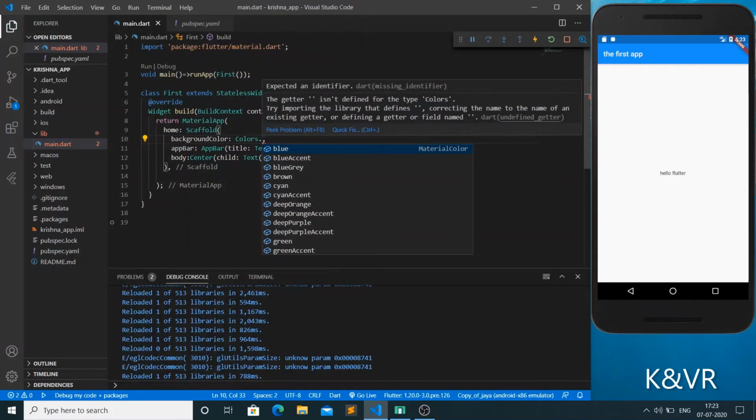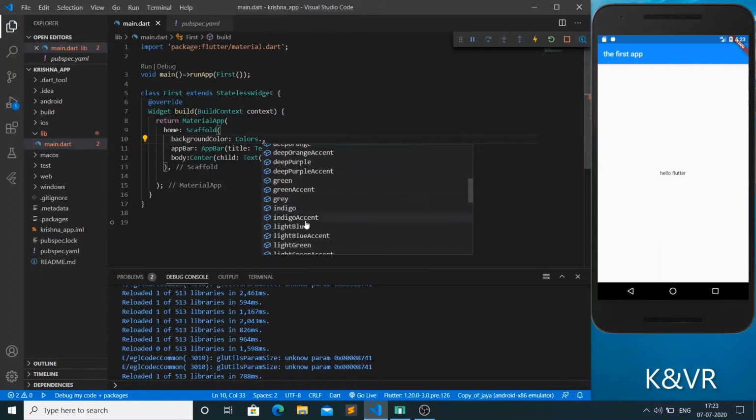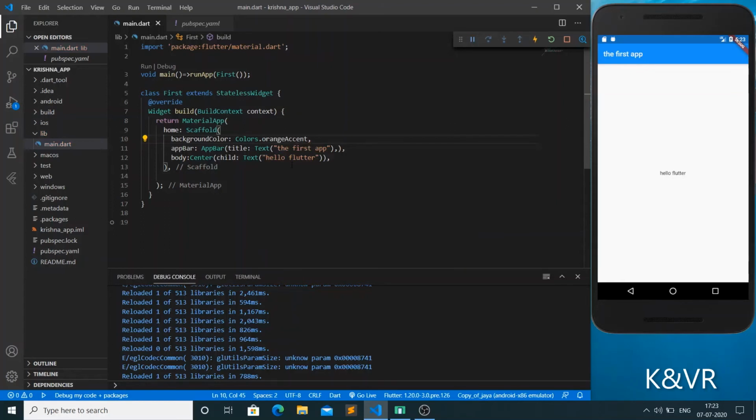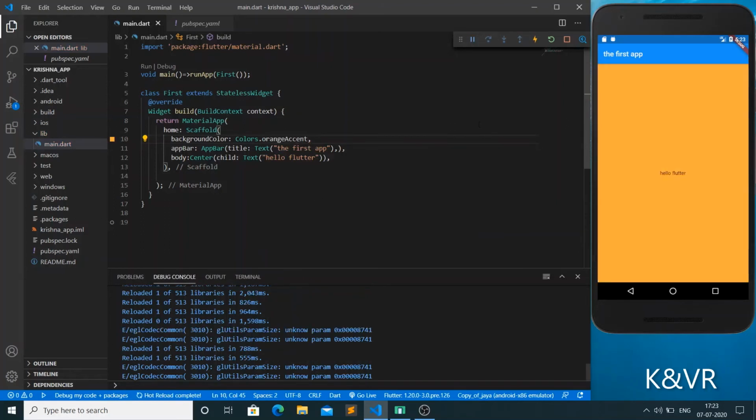See, whatever color we want, just give it here. Here I am giving red accent as orange accent. Just see what the output is. Here is the output. See how the background color is changing.